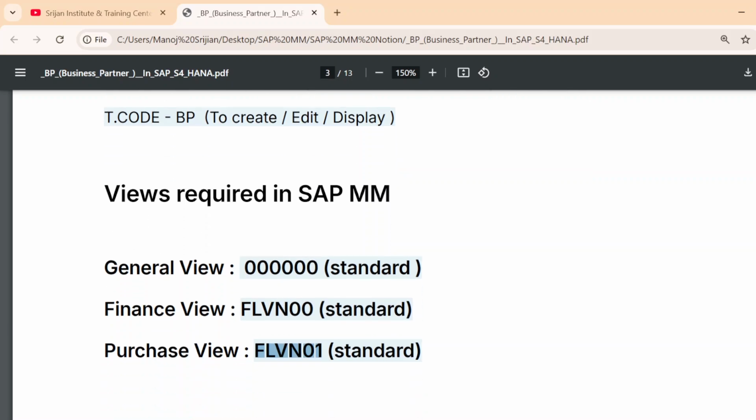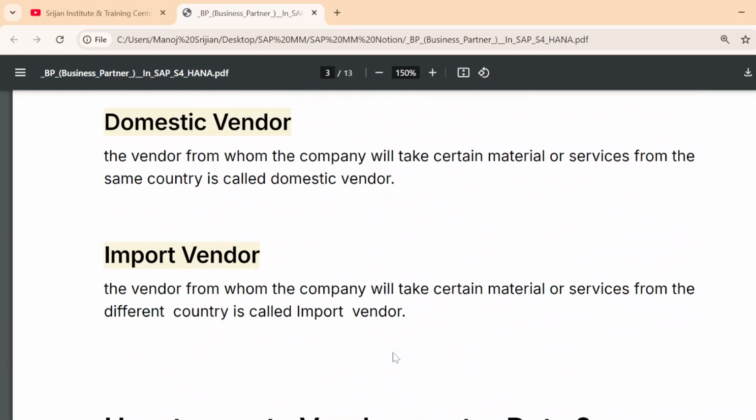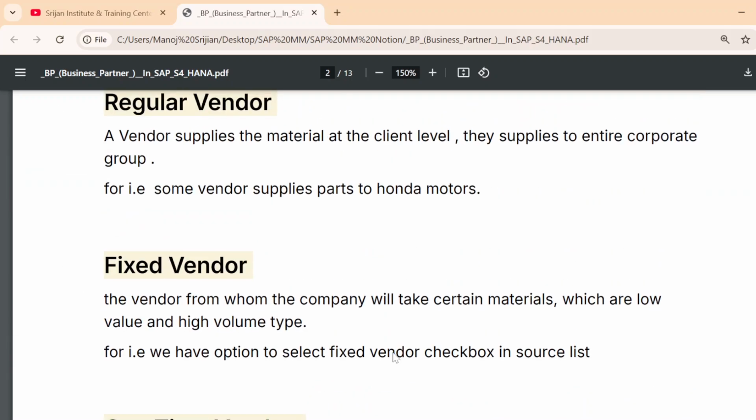We use T code BP and select the BP roles, like 6 times 0 standard, for finance view FLVN00, and for purchasing view FLVN01, and we give the mandatory data and create a BP like that. In the next session we will see how to configure that BP end to end, the configuration of the business partner.